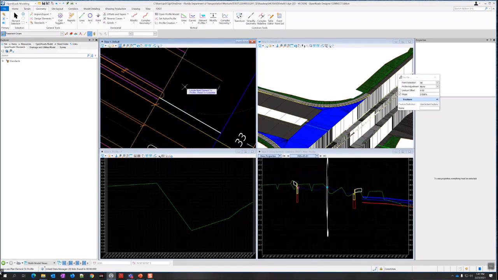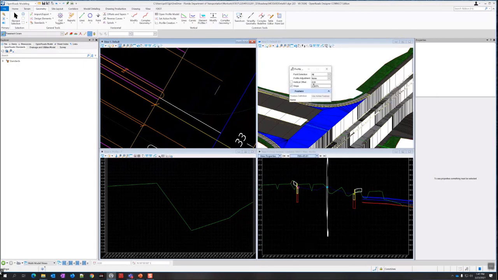And then I'm going to reset to complete. The reference element is going to be the center line, CLSR61. And set the slope, and you may need to type this in. So I set it to positive 2%. And the point selection, I'm just going to leave that at all. Profile adjustment, we'll just leave it at none.